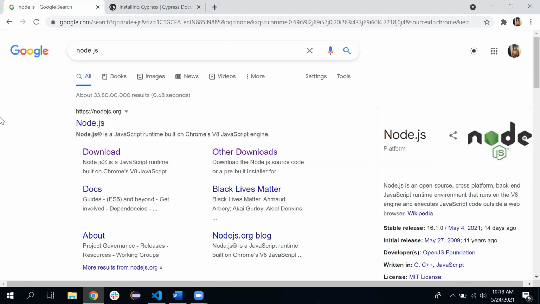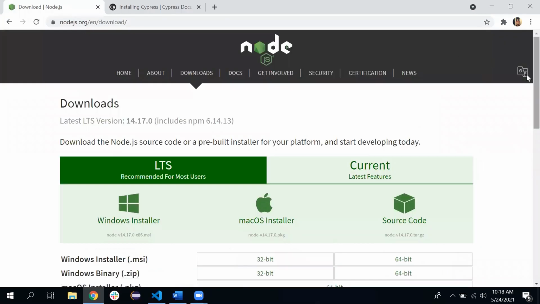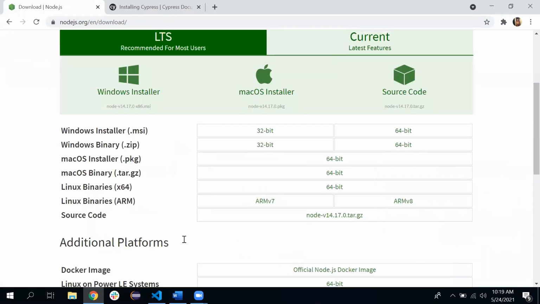To install it, go to the official website, nodejs.org. Click on the download button here. The package is available for all operating systems based on your machine. For Windows, I recommend the .msi file. You can download 32-bit or 64-bit based on what your machine supports. And for the Mac, you can download the .pkg file.